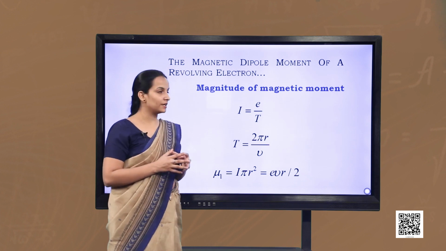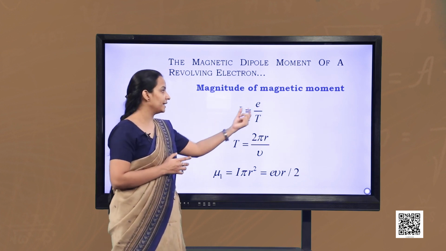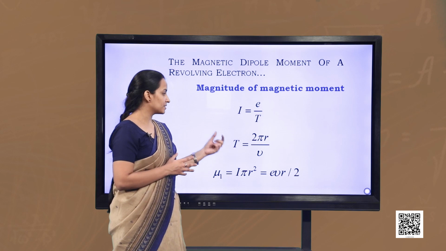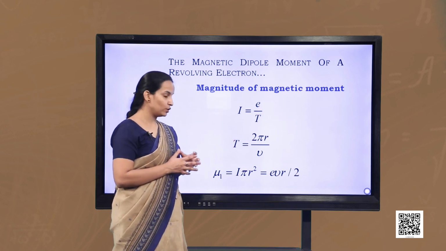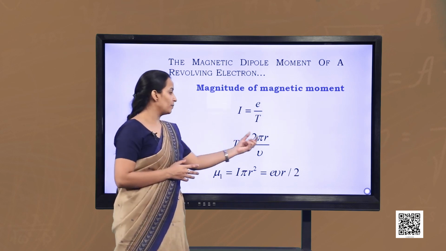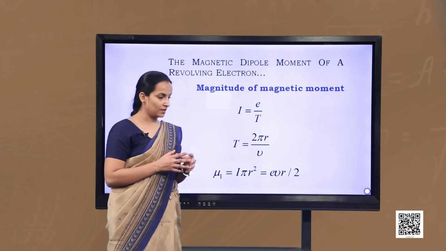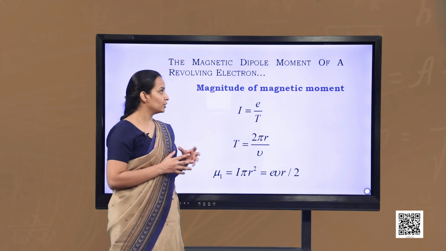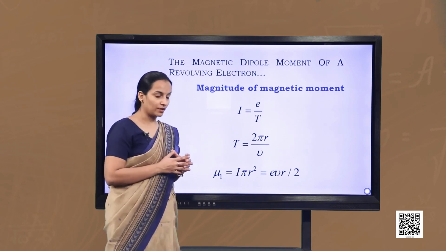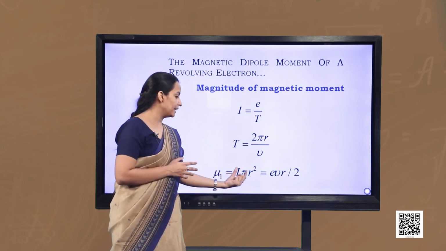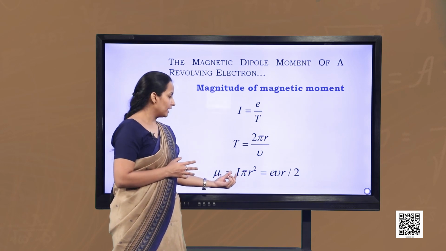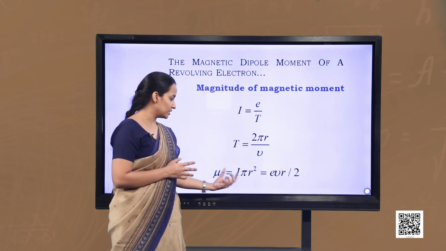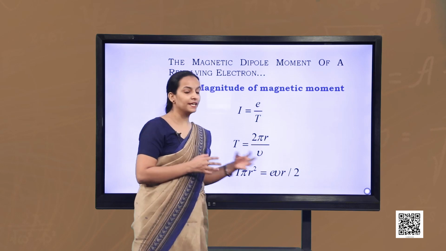This constitutes a current I, where I is given by e divided by T, which is the time period to complete one revolution, which is given by 2πr divided by velocity. Now here μL is representing the magnetic moment due to a revolving electron, which is the product of current and area. Here we can have the current from the above two expressions, and we will have μL as